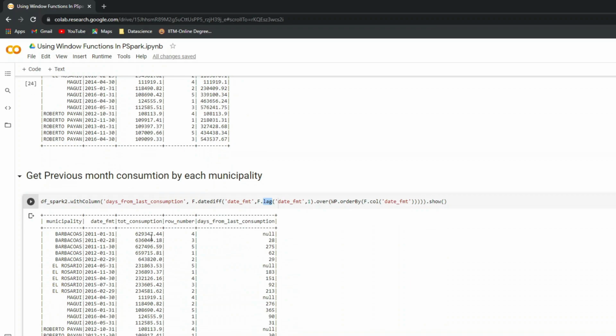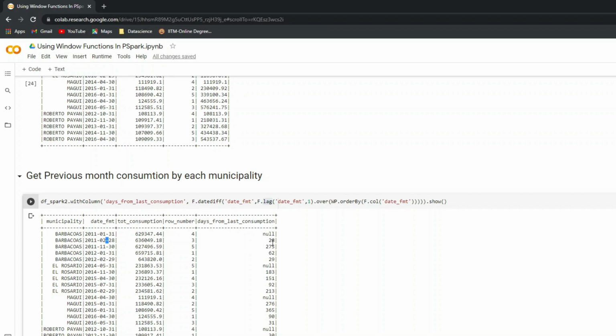So in this case, you see, for this particular row, there is no previous value, so it is null because this is the first value. So this is January 31st. For February 28, 2011, sorry, this one here I'm getting the days between the last bill payment and this bill payment, or last reading and this reading.